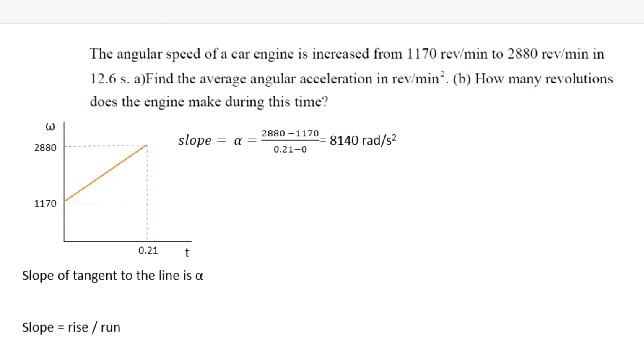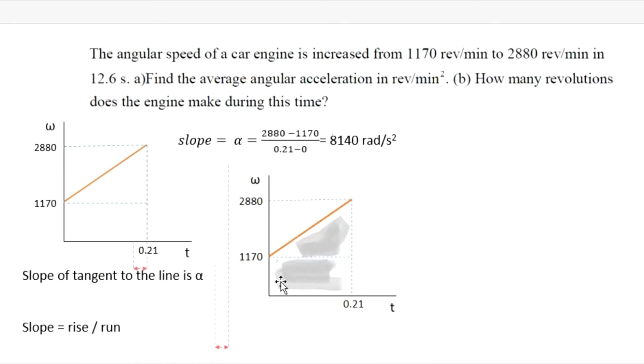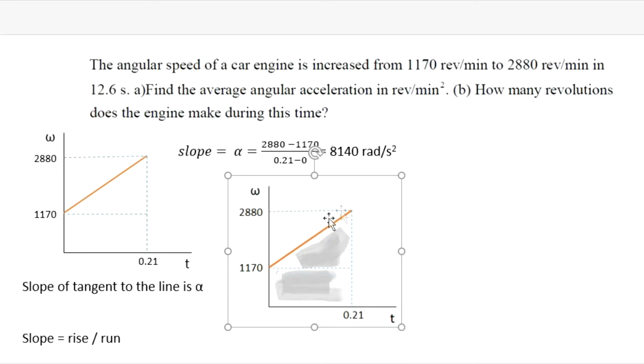Letter B, how many revolutions, talks about angular displacement, and we know from our previous lessons that the area under the graph above the x-axis is the displacement. A little word about this: if for some reason this red line is under the x-axis, perhaps somewhere here,